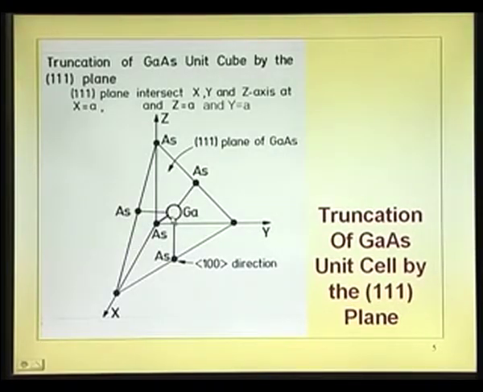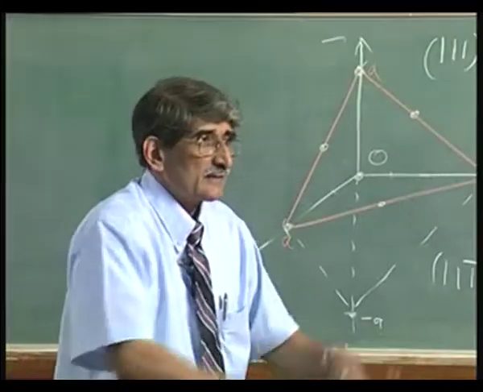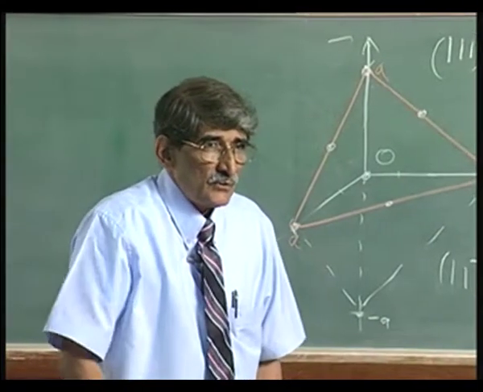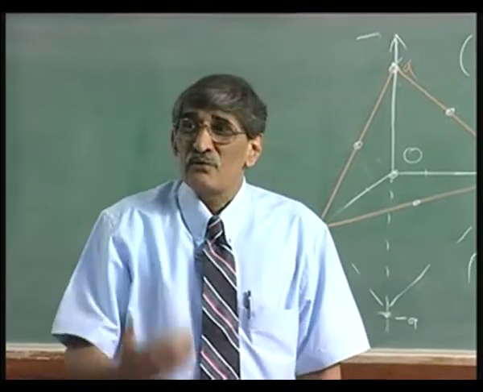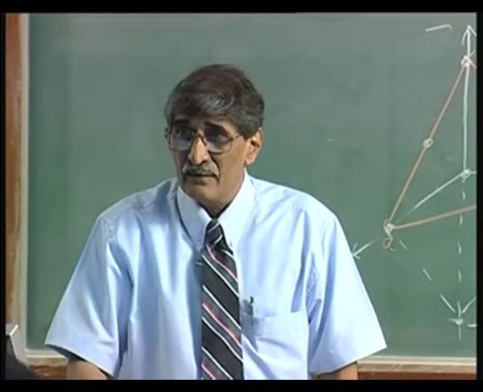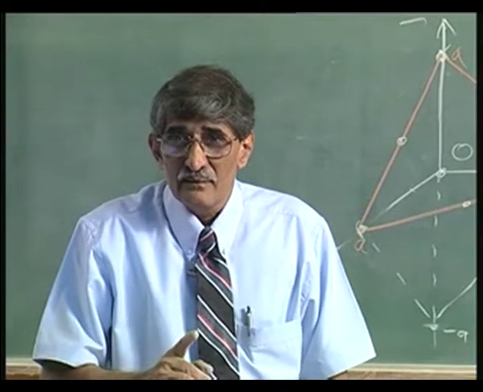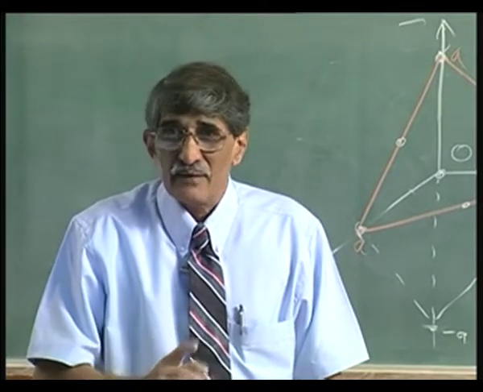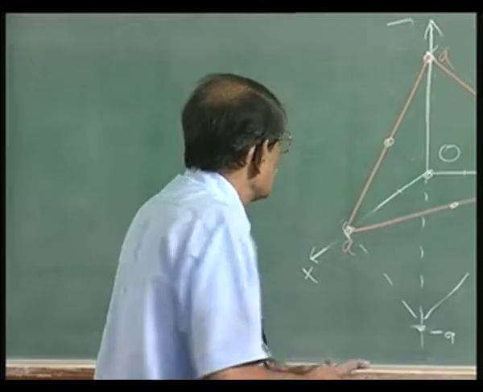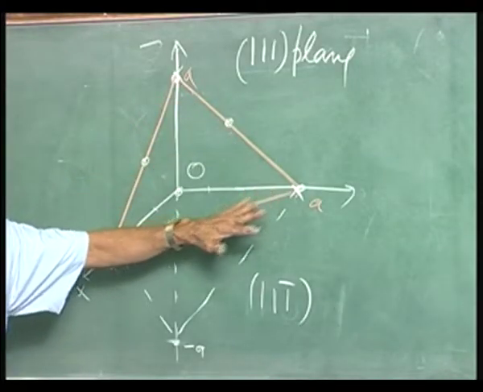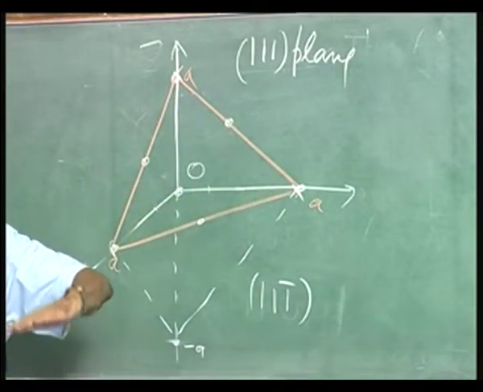So, this atom is below that plane. So, if you stand on that plane and draw parallel lines, you will see that arsenic is there, gallium is there, then arsenic is there. So, you can see the forces of attraction between these two planes will be not merely the covalent bonding plus electrostatic force, because this is totally arsenic, this is totally gallium, next plane which is actually, in fact,